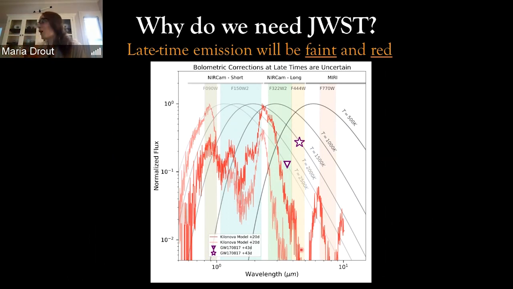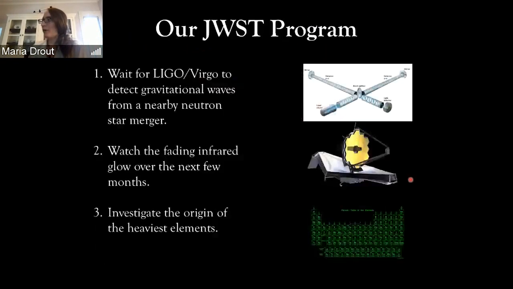Our theoretical models are not very good at understanding the physical conditions this late after one of these explosions. In particular, one data point we have from Spitzer, from the 2017 event, doesn't look anything like the models we have so far. So we are making use of the fact that JWST, between NIRCam and MIRI, has this incredibly wide wavelength coverage in the infrared, and we're going to cover as much of it as possible to make sure we collect as much of the light as possible, to know that we actually are detecting what the decay really looks like.